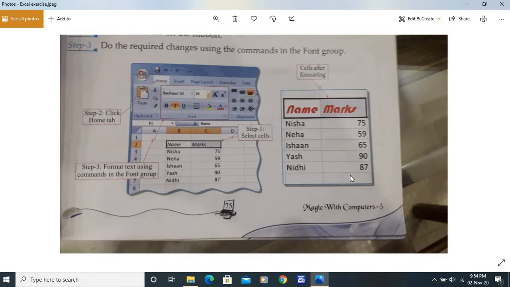So in Excel there are three kinds of entry: label entries, those which start with an alphabet and consist of alphabets and numbers, and we are not able to do any calculations on them; number entries, where we are able to do the calculation; and formula entry, which shows the result of the calculation. So we'll start.